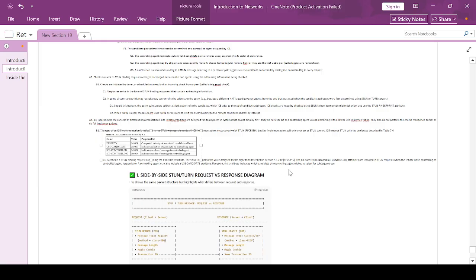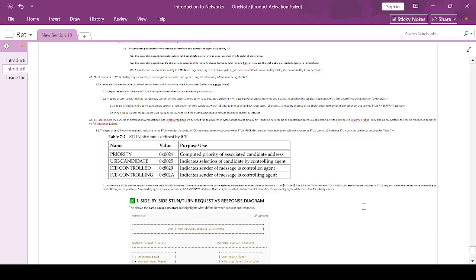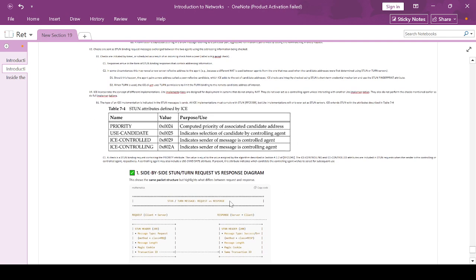All ICE implementations must comply with STUN RFC 5389, but lite implementations will only ever act as STUN servers. ICE extends STUN with attributes described in Table 7.4. Table 7.4, STUN attributes defined by ICE. Name: PRIORITY, value 0x0024, purpose: computed priority of associated candidate address. Name: USE-CANDIDATE, value